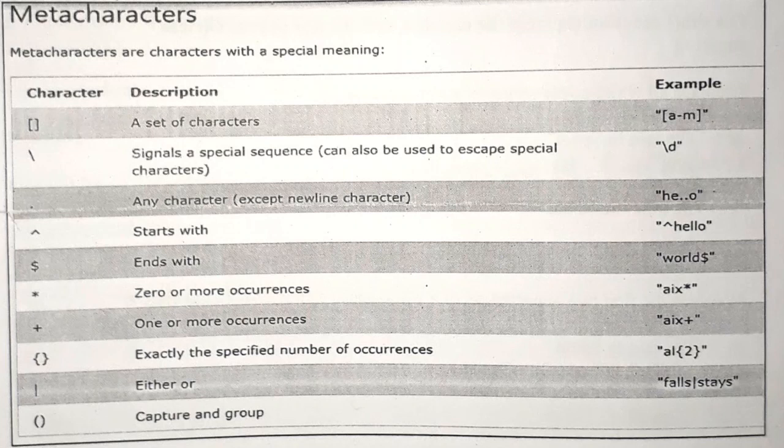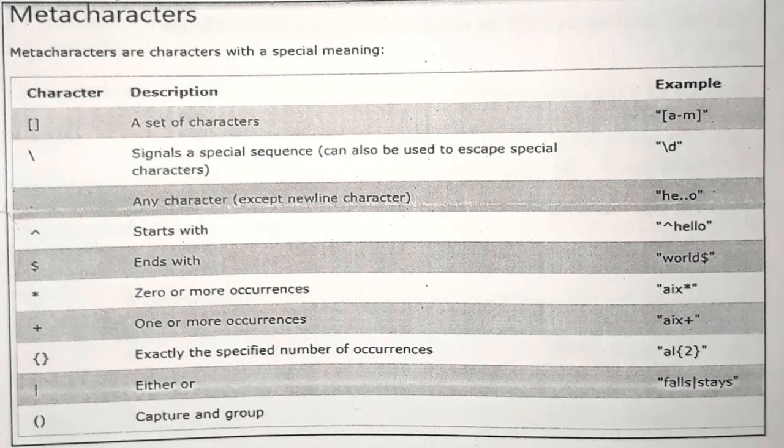And after that next one is round bracket. So capture and group, this round bracket you will come to know from the example what is exactly the use of this. So round bracket means we are providing the characters which should be a part of the string. So this is the pattern which we are writing using the round bracket, that you will come to know after the example. So these are the meta characters which are available.